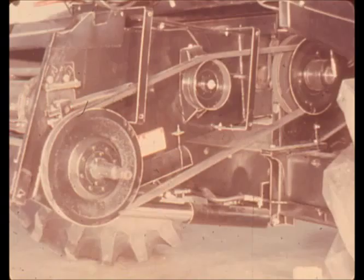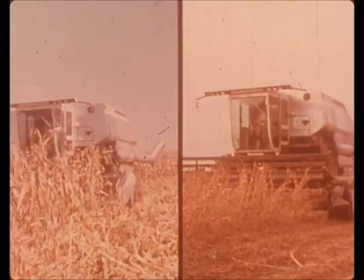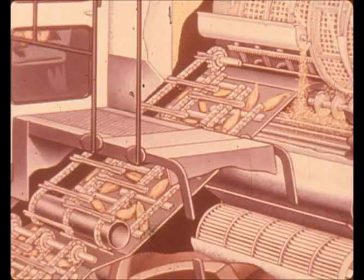Variable speed header drive lets you synchronize corn head speed with ground speed for maximum capacity and efficiency. You can harvest corn in the morning and soybeans in the afternoon with Allis Chalmers quick switch headers. The Sure Feed system consists of 2 feed conveyors. The lower feed conveyor carries the crop up to the header pivot, and the second from the pivot to the